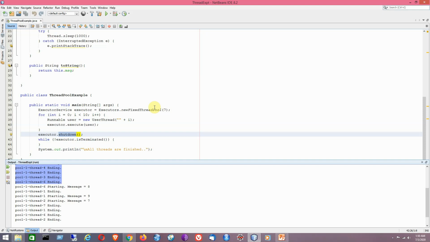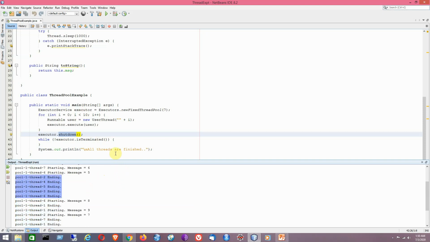Because there is a loop with the maximum value of the loop control variable like i less than 10. That means the maximum value of i is 9. So 0 to 9, that means we are actually getting 10 thread objects created. That is why you are having messages from 0 to 9 that you can see here. And remember that you get a different execution sequence whenever you run the program. That is the idea.